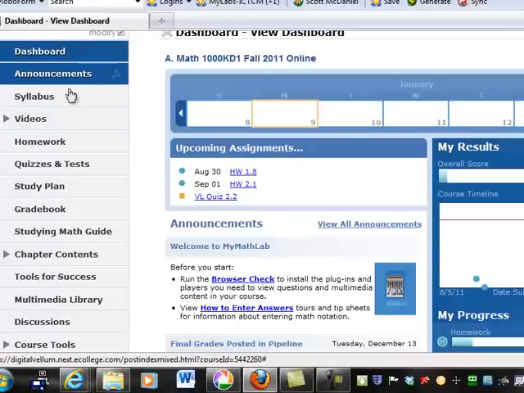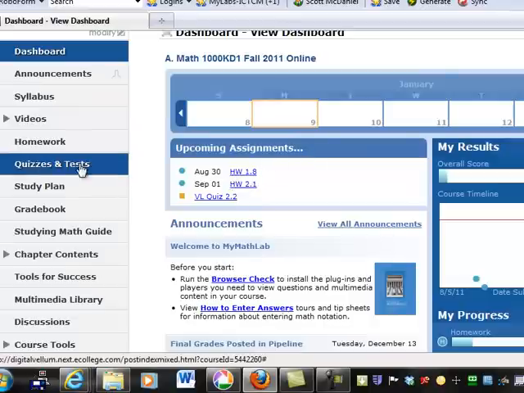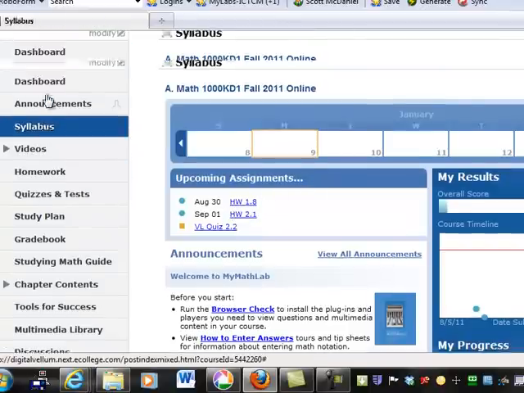Okay, so this is the dashboard view here. Once these assignments come due, you will see little icons here on your calendar on what's due. And here's some old assignments that I have posted here. You can click on Syllabus,